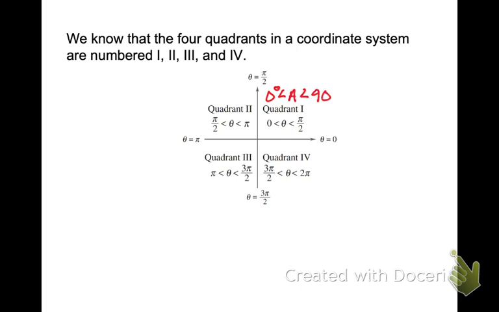90 degrees. Quadrant 2 is from 90 degrees to what? 180 degrees. And it is pi over 2 to pi. Quadrant 3 is pi to 3 pi over 2. So, and it is 180 degrees to what? 270. Fourth quadrant is from 270 to